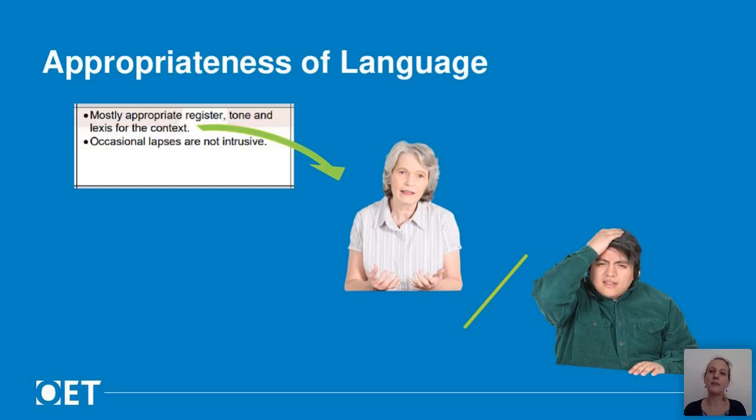Similarly, you use different tone of voice when you are showing empathy or reassurance to when you have to firmly advise the patient to do something. Your vocabulary choices are also linked to the function of what you are discussing. So whether you are advising, asking questions, or reassuring. Occasional mistakes in these areas are okay, but overall, you do need to match these three things well to the role play that you are participating in.